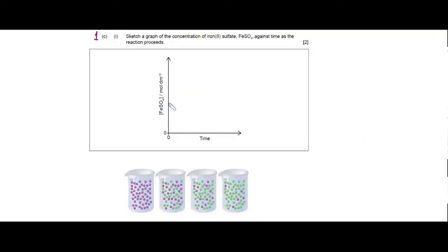So now let's try to plot the graph. In the graph, they have already marked the x-axis and y-axis. X-axis is time and y-axis is concentration of FeSO4. So initially, as in the diagram, there are no FeSO4 molecules at the start. So this would be the starting point. As time passes by, the amount of ferrous sulfate increases. It increases very fast initially, then it slows down, and then the reaction dies out at a point of time when there are no more copper sulfate molecules to undergo reaction.